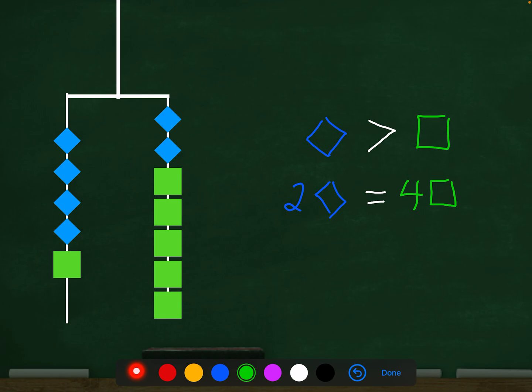Can we go even farther than that? And then we came up with 1 blue diamond must be equal to 2 green squares. And some people said, okay, well, if the green square weighs 2, then the blue diamond must be weighing 4. If the green square weighs 5, then the blue diamond must weigh 10. Right? And they were subbing in and giving me some possible solutions. There's an infinite number of solutions that could work for this,